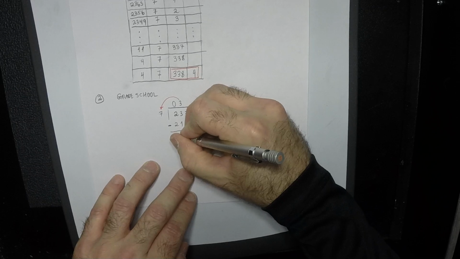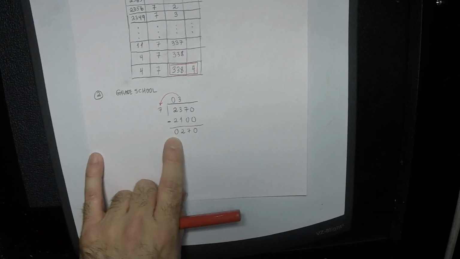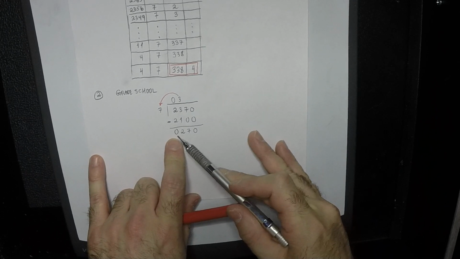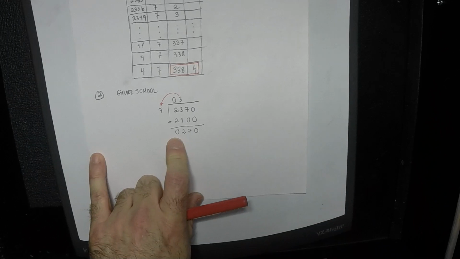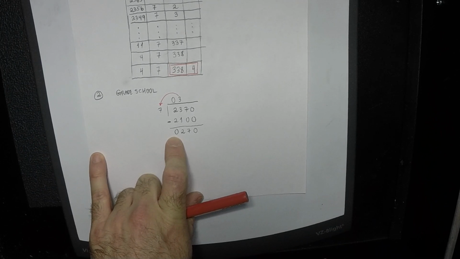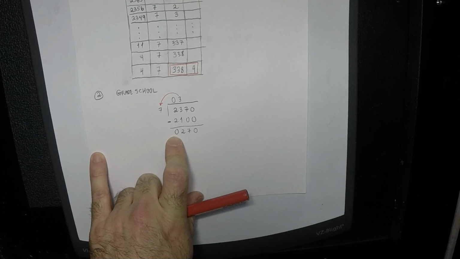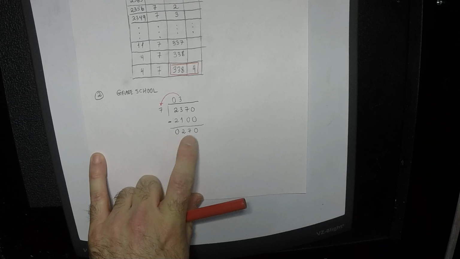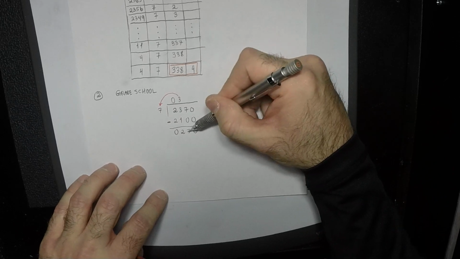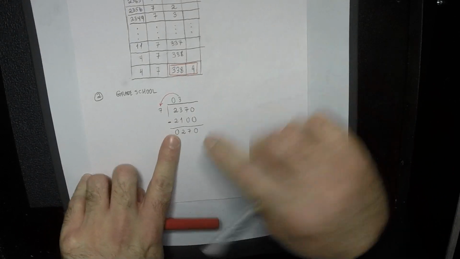Of course, there's a 0 right here. So you usually don't write that, but I'm going to write it. Because that number being 0, that's the signal that you did this right. If that leading number was not 0, that would mean that you could have taken another 7. Okay. Fine. So now 27, actually 270, is in the house,